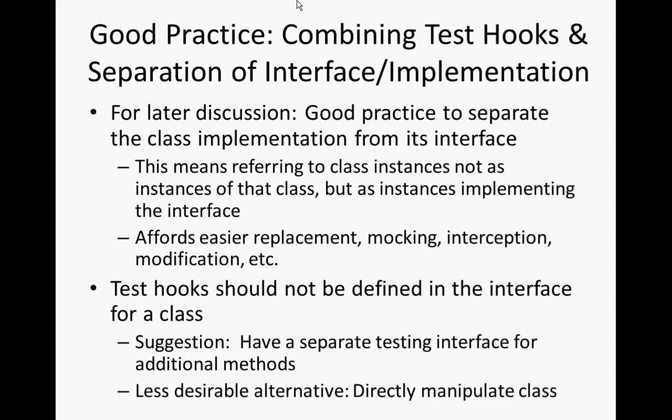So generally speaking, if you want to be able to capture commonality among things, it turns out interfaces are a more flexible way of doing it than subclassing. Subclassing has some restrictions because you can only have one superclass in something like Java, whereas you can implement multiple interfaces. A key thing here, though, is that when it comes to test hooks, you won't want